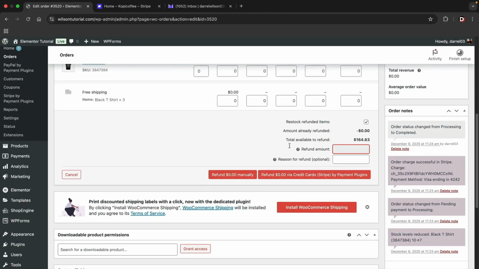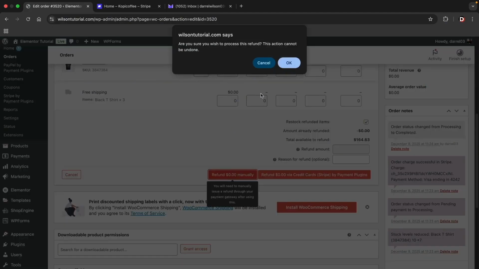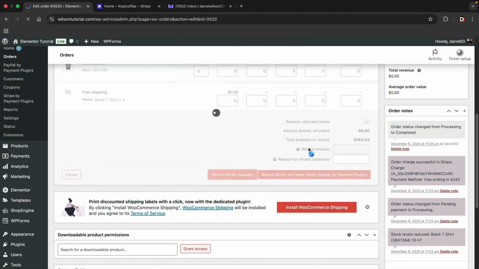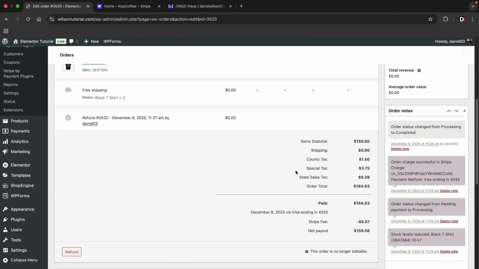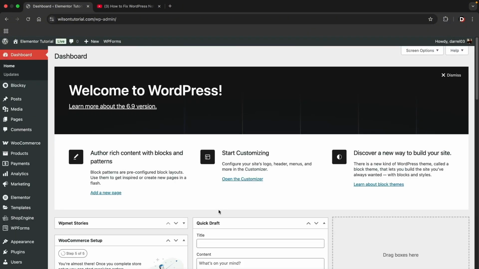Now, since this was a test order, it says $0. And that's just because we can't refund real money based off a test order, but that's how you would do that. Now, the very last thing that I want to talk about